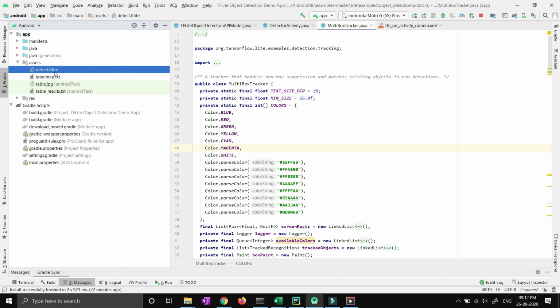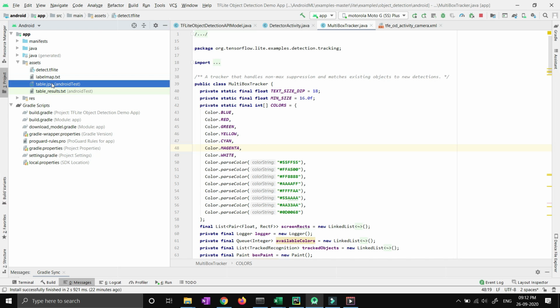But in future we will develop our own TF Lite model in Android, right? So just stay with me, and I'll tell you how we will achieve that. But as of now, just understand this detect.tflite model. Due to this model, we are able to detect 80 categories like cat, dog, maybe person, maybe TV, laptop, keyboard, mouse, and something like this, right?